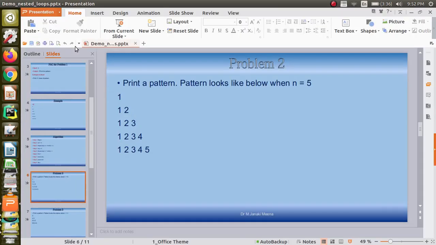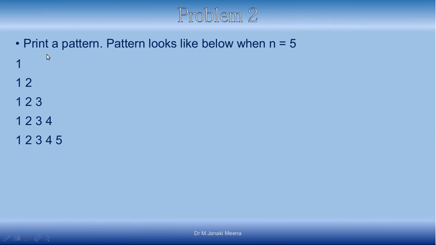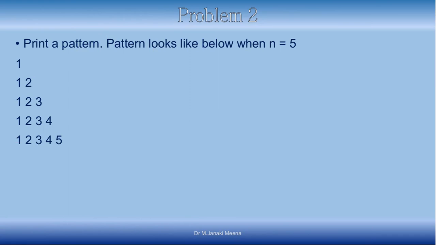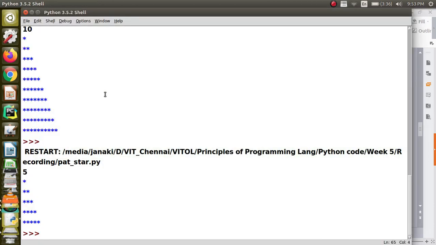Okay, fine. So the next problem we are going to discuss is this one. The difference between the previous problem and this one is that there we just printed star, but here we are printing numbers, right? So you can see that in the first row you have 1, the second row you have 1 and 2, third row 1, 2, 3 and so on, right? So you can say that in the ith row you have values from 1 to i, right? That is the logic behind this. And the difference in the solution is that there we were printing the same values, but it is going to be different here. So we can write a solution for this.